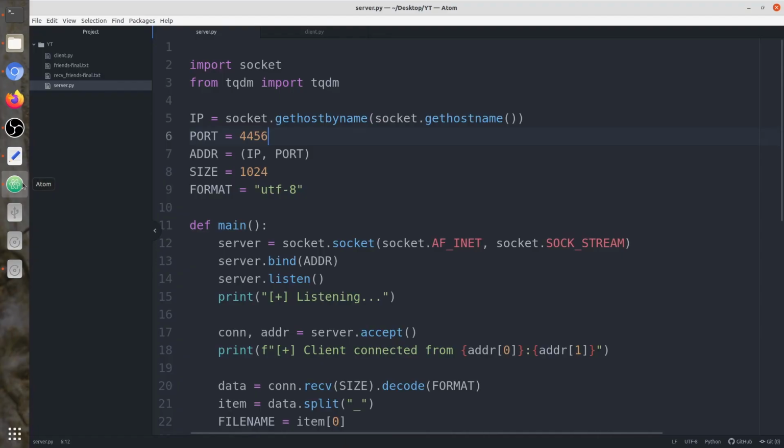So I hope I was able to clear the concept for you, of how you can transfer a bigger text file successfully. This is just an example. The code will be available on GitHub, and if you have any issue or problem, just comment below or contact me on my social media.